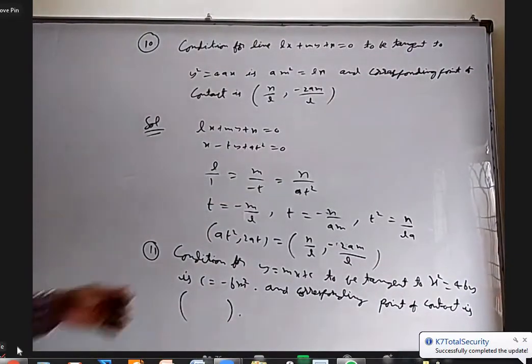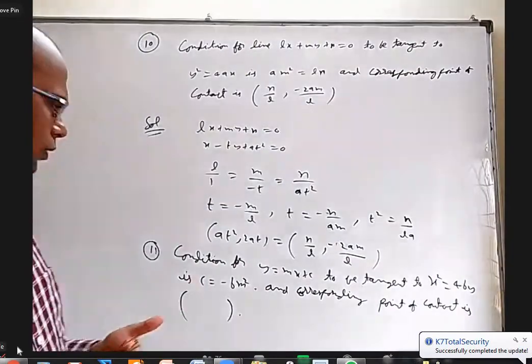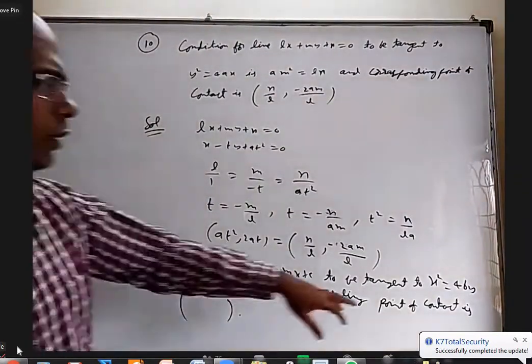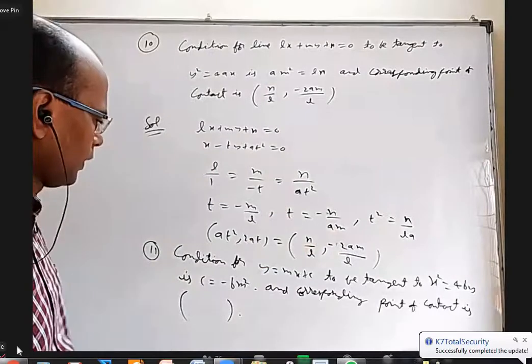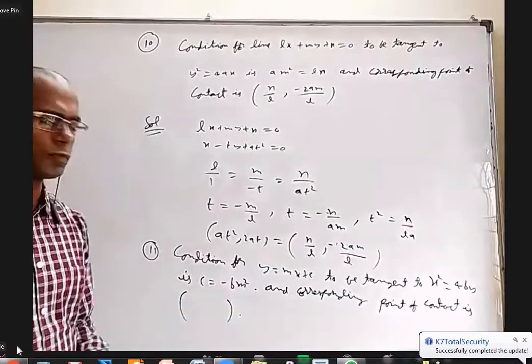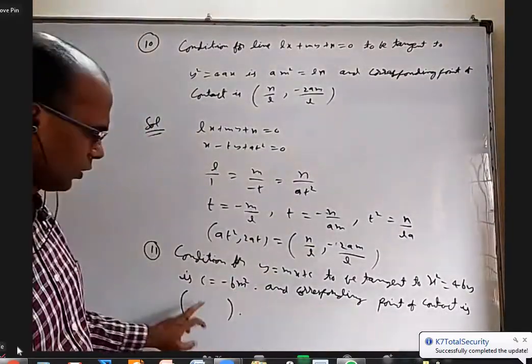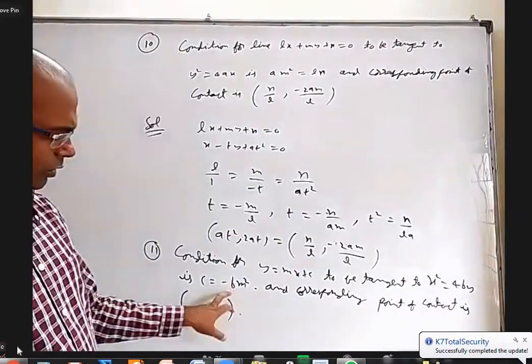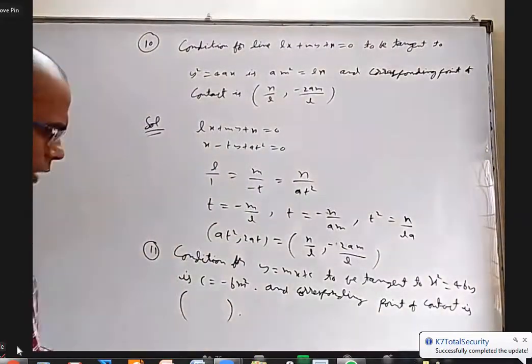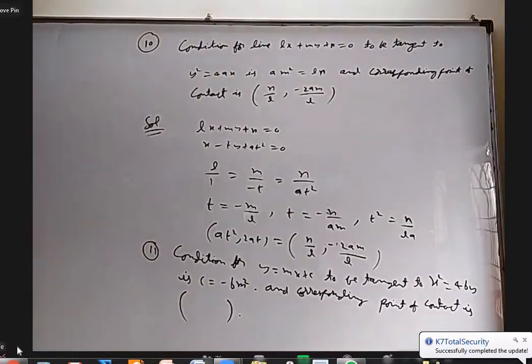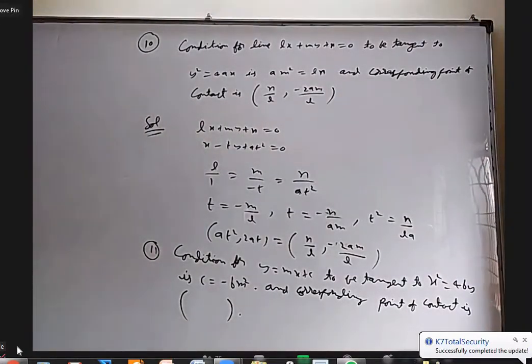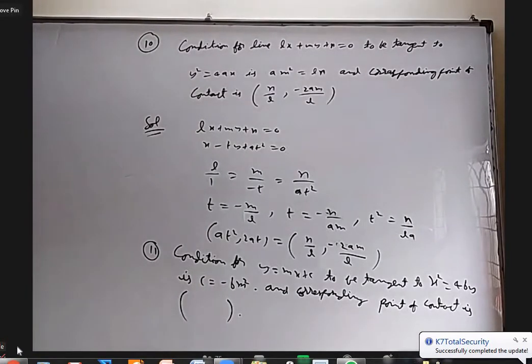Okay. So instead of y square equal to 4ax, if our parabola is x square equal to 4by or 4ay, it doesn't matter, I'm taking 4by, the condition is c equal to minus bm square, and I also want to tell the corresponding point. But how did I get this condition? There are two or three methods. I want you to try how to get this condition. After copying this, please write the 11th point and then try to prove it.